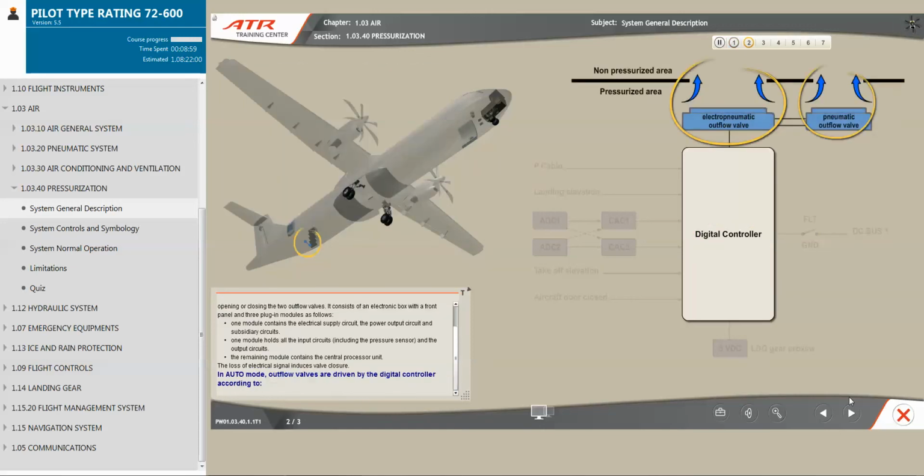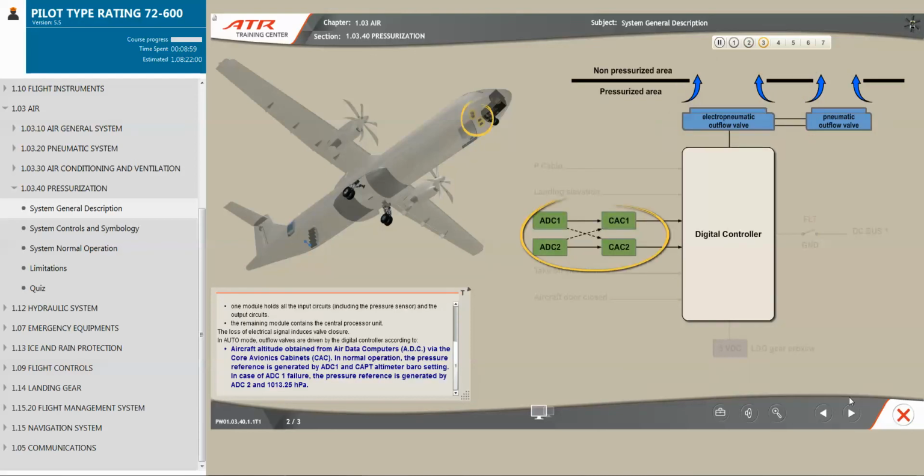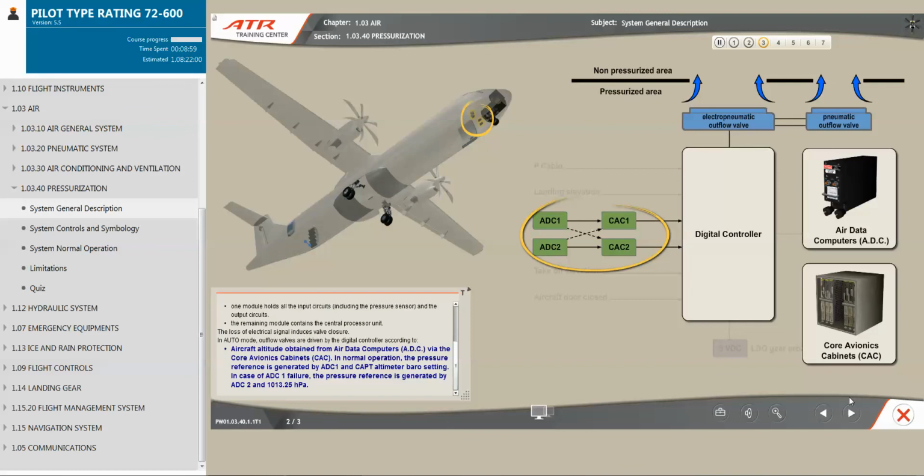In auto mode, outflow valves are driven by the digital controller according to aircraft altitude obtained from Air Data Computers ADC via the Core Avionics Cabinets CAC. In normal operation, the pressure reference is generated by ADC1 and Captain Altimeter Baro setting. In case of ADC1 failure, the pressure reference is generated by ADC2 and